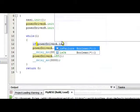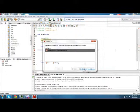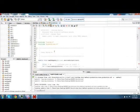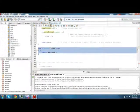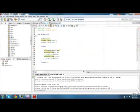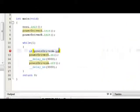These two functions, is okay and is failure, are exactly the opposite of each other. If we go up here and we look in the power driver.c file, we can actually see that if you call is okay, it just returns the opposite of is failure A. So you can use them interchangeably, more or less. They're just opposites of each other. So you do power driver A dot is okay,